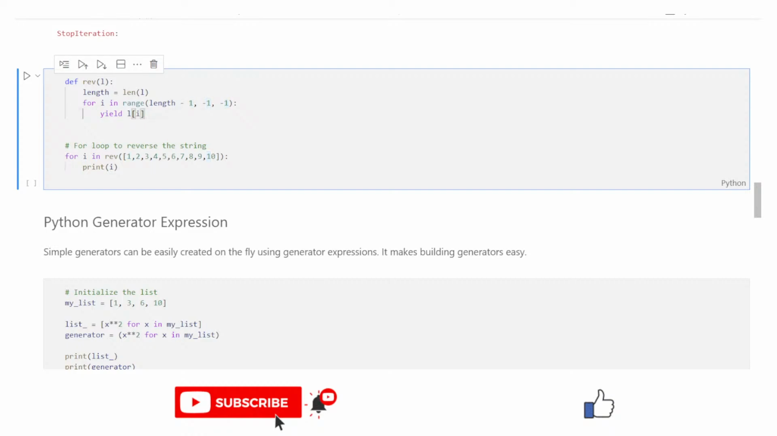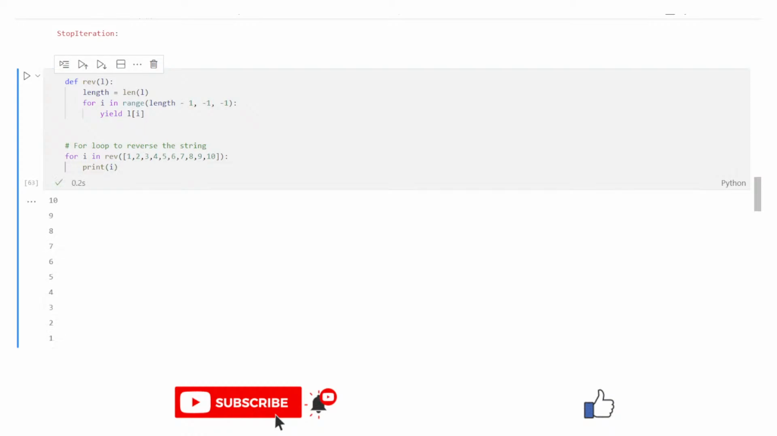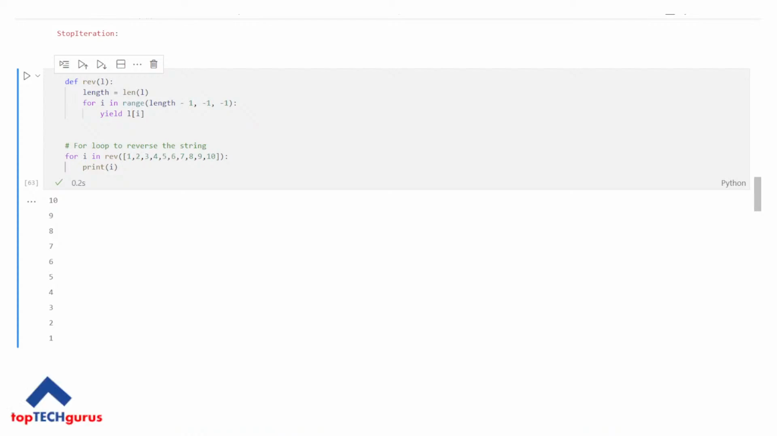So here what we do is we yield the value of the list at that position 9, 8, 7, and so on. And whatever value gets yielded, that gets printed here. So if we try this out, we are getting the values 10 through 1. You can note that each time,